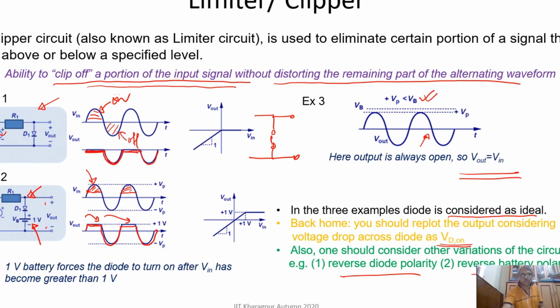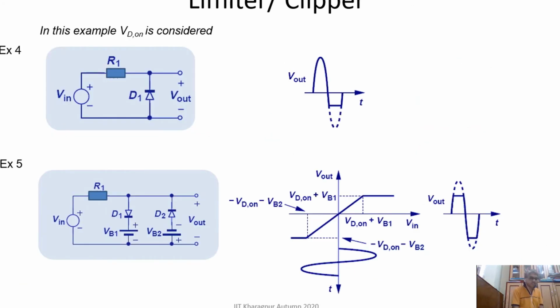Okay, so let's discuss 2 more examples of the limiter circuit. In these 2 examples I have assumed that the diode has VD on, or V gamma, across it when it is on. Here you see that I have reversed the polarity of the diode compared to the previous one. If you do that, you see the diode is off all the time, and so if this is my input signal,